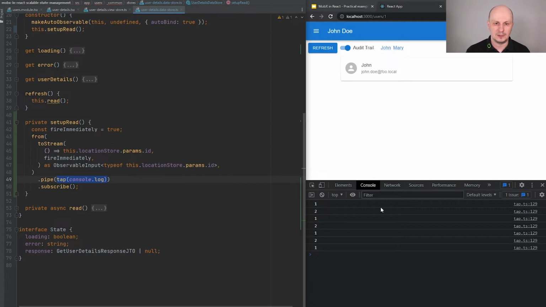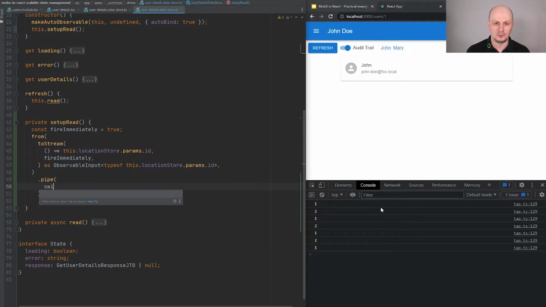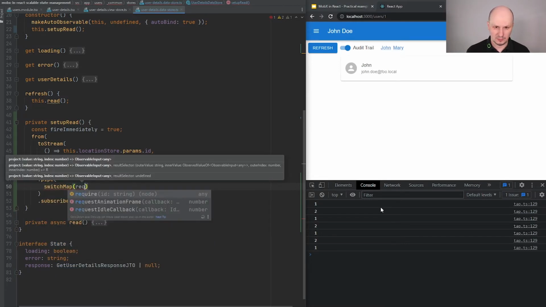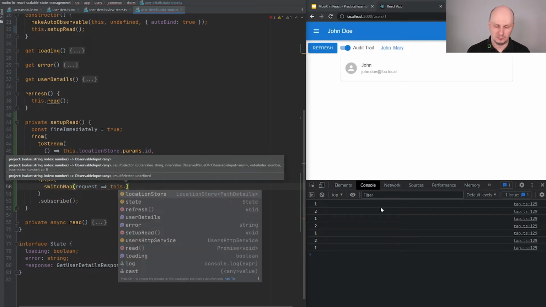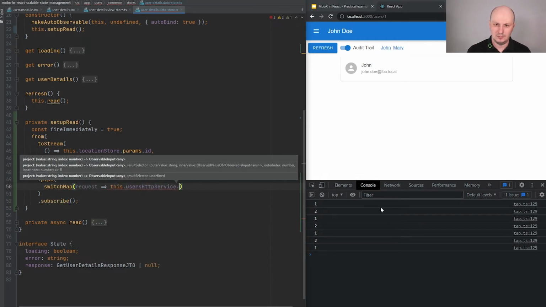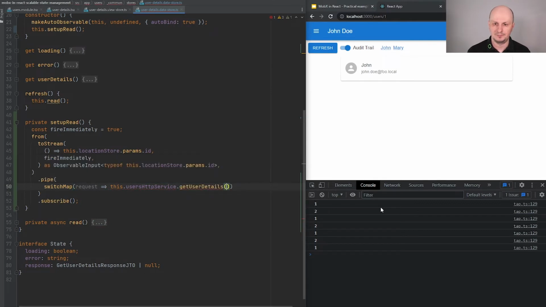All right, so instead of tap console log, I'm going to use switchMap from RxJS, where we can switch it to our backend.